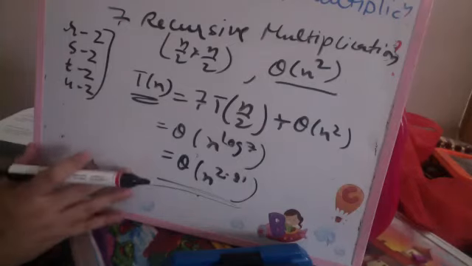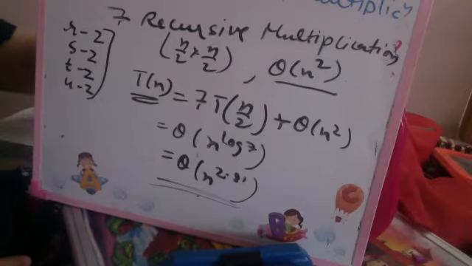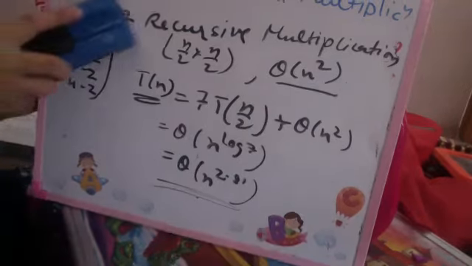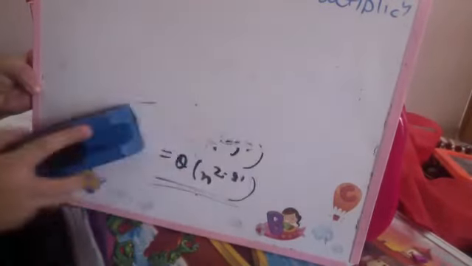Till here, is it clear to all of you? Yes, ma'am. Now we'll try to see how we reduce to 7 recursive multiplications instead of 8. So we have formulas, we have divisions that we are going to do. We are recursively computing the 7 matrix products, dividing, computing, that is all we are doing.